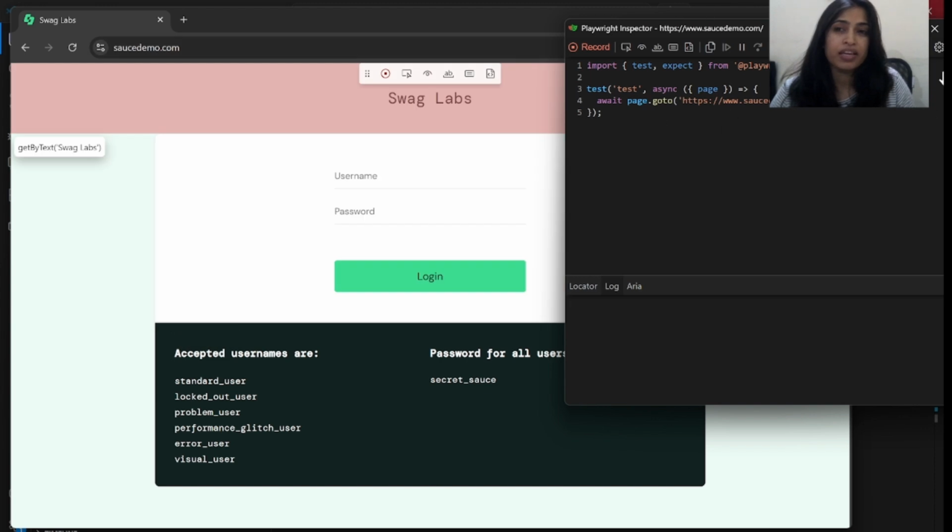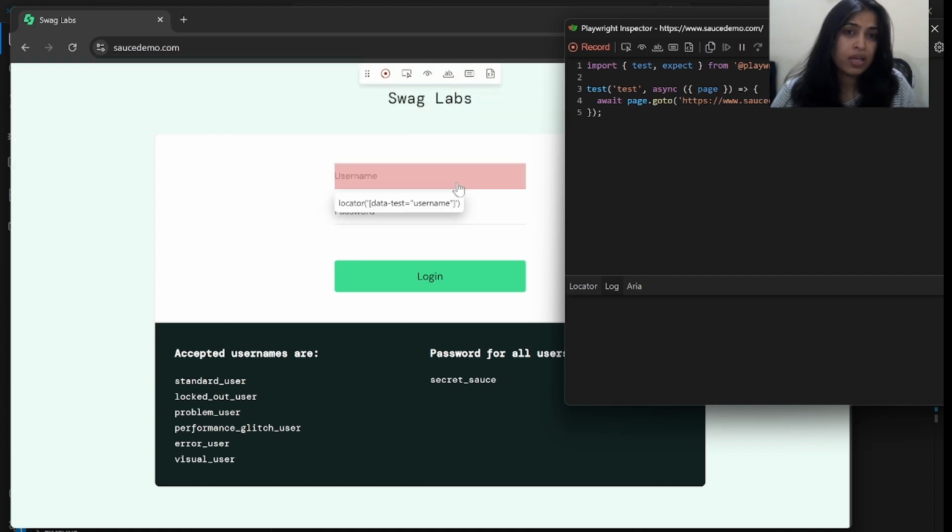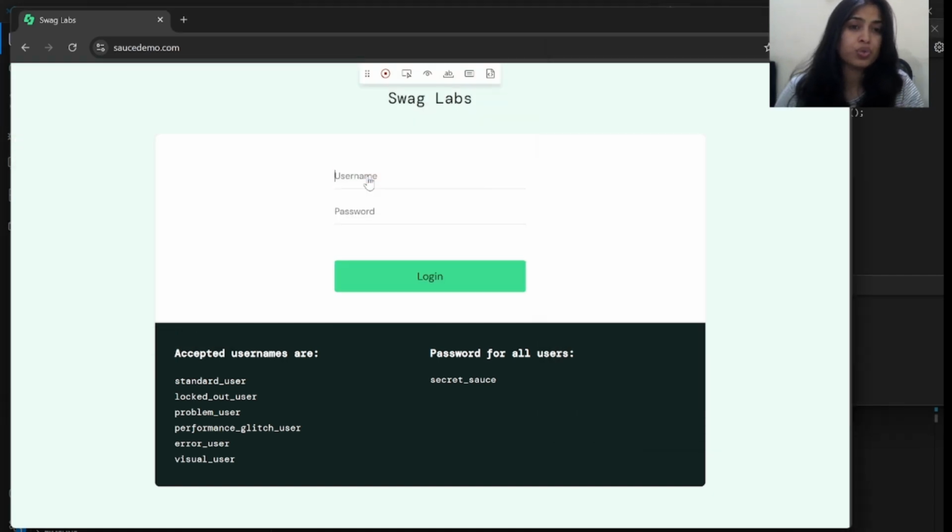See here, it is going to capture every action which we perform on the UI side, right? So now let me provide the username here. The username is standard_user. And what is the password? Your password is secret_sauce.